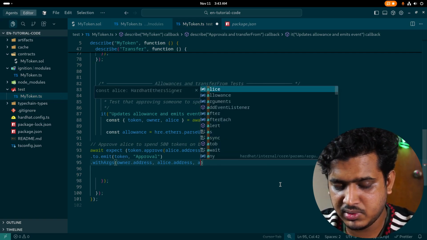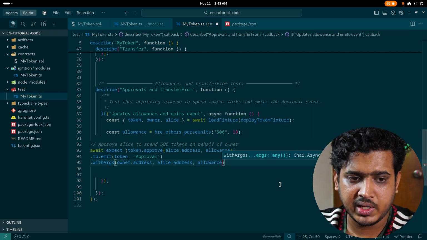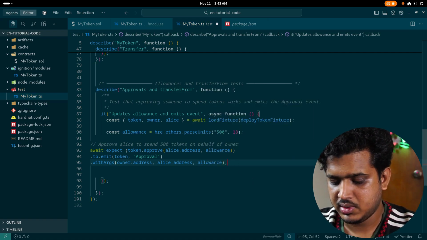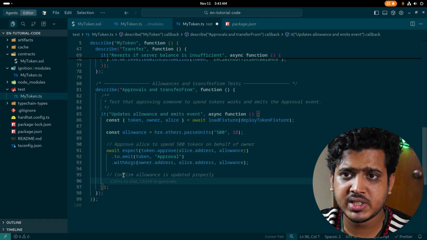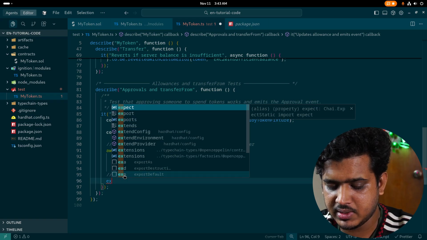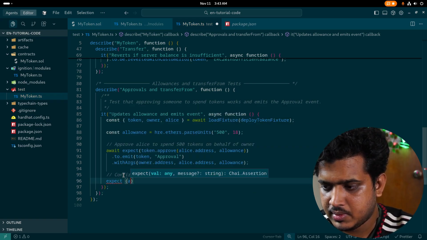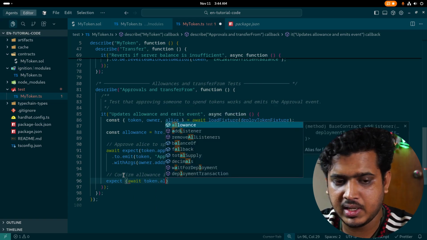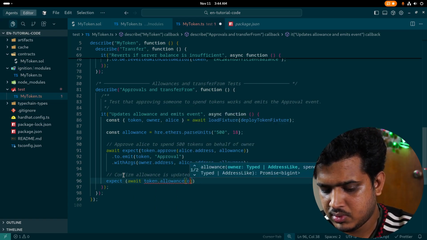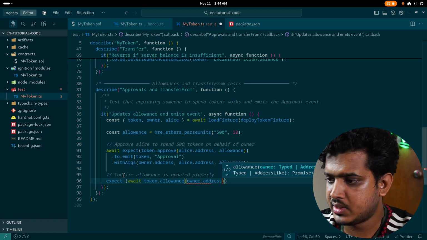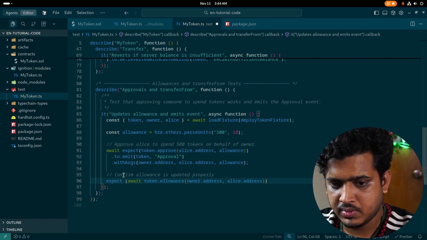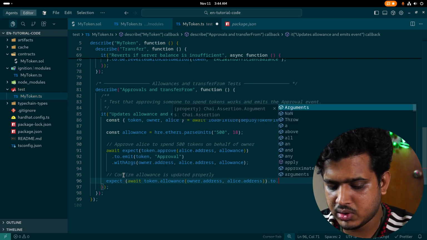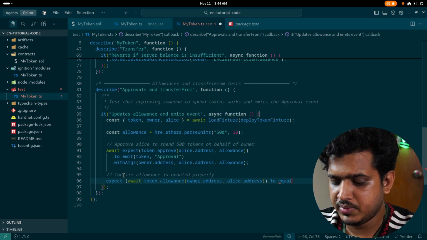Actually, allowance is the amount which we are going to allow Alice to spend, and we are going to test that actually. At last, we need to make sure the allowance is updated successfully. Therefore, we are going to write another test. Expect await token allowance owner dot address, Alice dot address, to dot equal